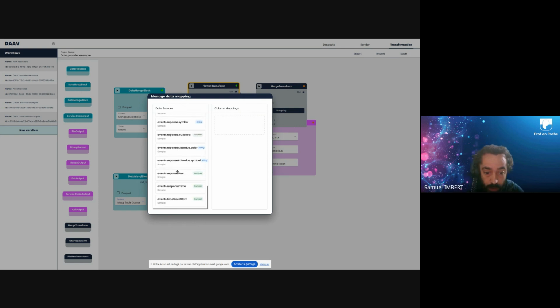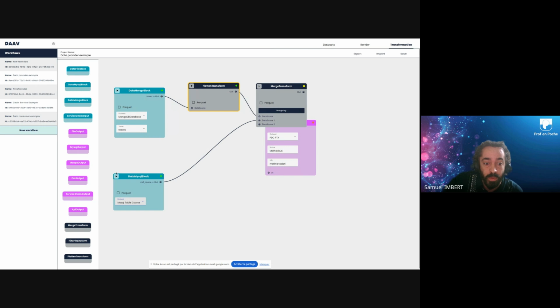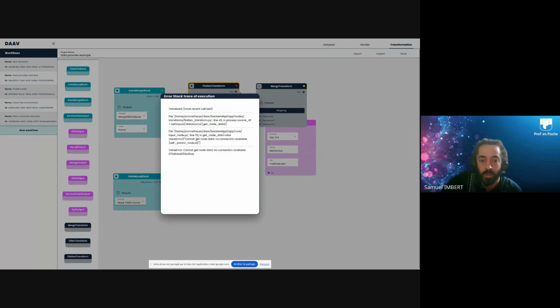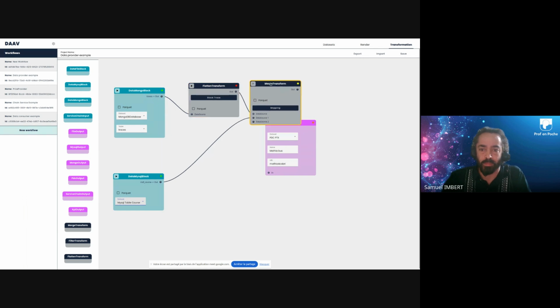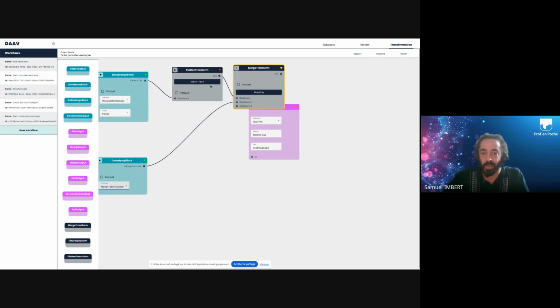Oh, why is there just one? Maybe because it cannot get data, no connection available. Okay, so my database is broken, it seems. It's weird. Okay, not sure why. So the merge,